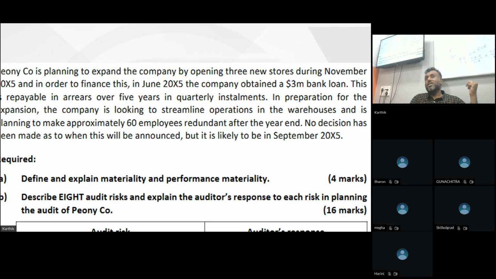That's again a business risk. Why are you interested? Let them fire the entire set of employees also, right? Why are you interested as an auditor? No, but if timing confirmed now, you have to create a provision. Okay. Where